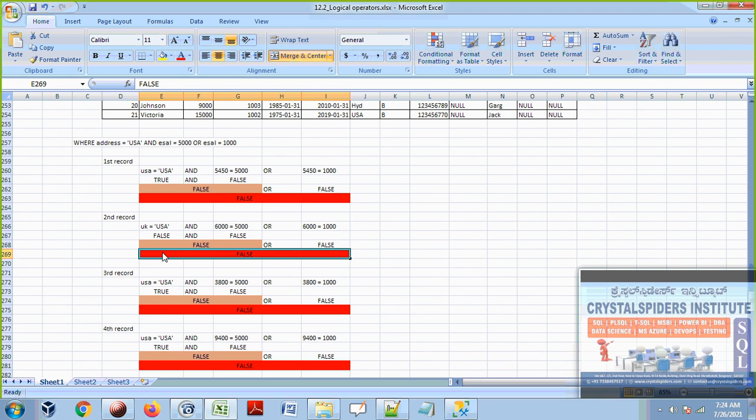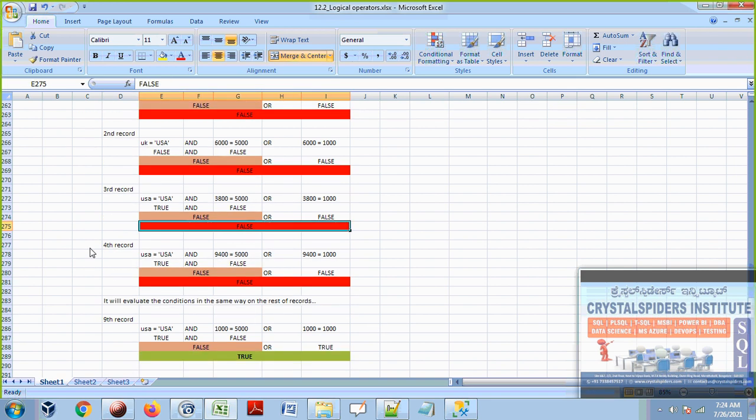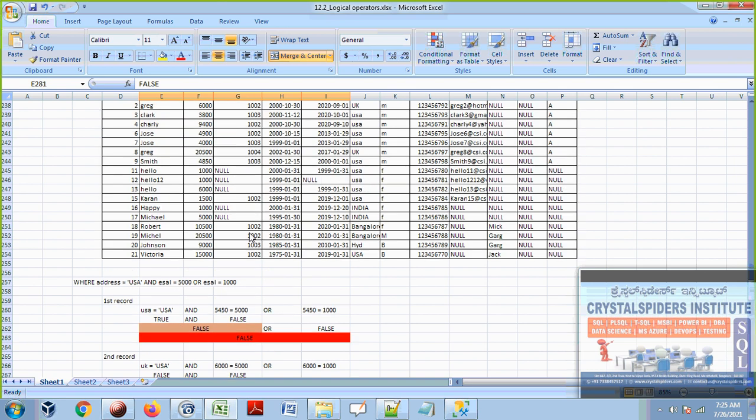So this is how these conditions will be evaluated while checking the data. But in later sessions, guys, when we discuss indexes, at that time we can discuss in detail how this WHERE clause will process the data and how it will perform the search operations. So now here this is the third record. The WHERE clause will go to the third record and apply these conditions. And finally it is false. And the fourth record, this is also false.